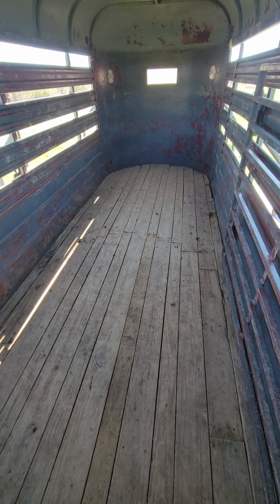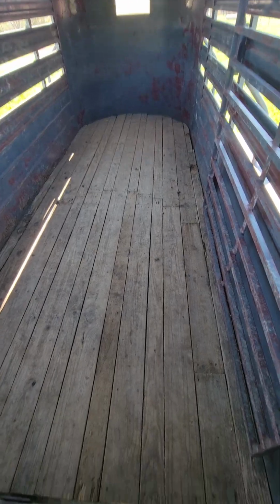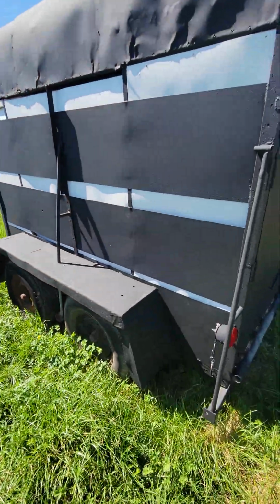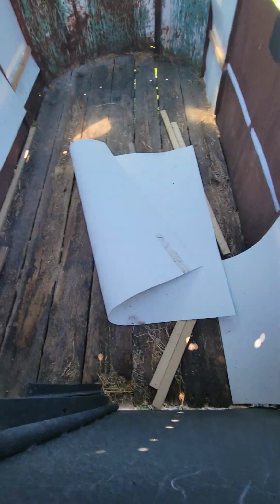Harry did a lot of the work on this, rewiring and replatforming the floor. So that's probably a $2,600 to $3,000 trailer. And this thing, we bought this for $600, but